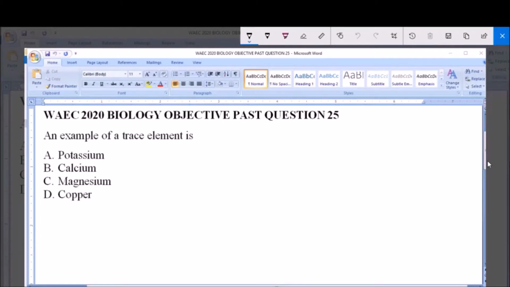An example of a trace element is A. Potassium, B. Calcium, C. Magnesium, D. Copper. So trace elements